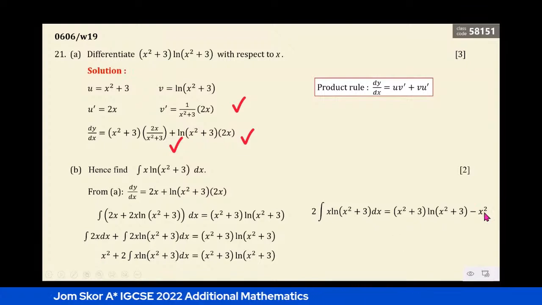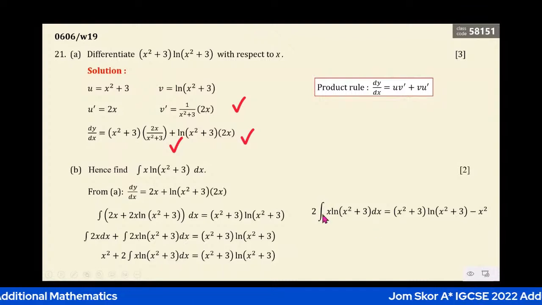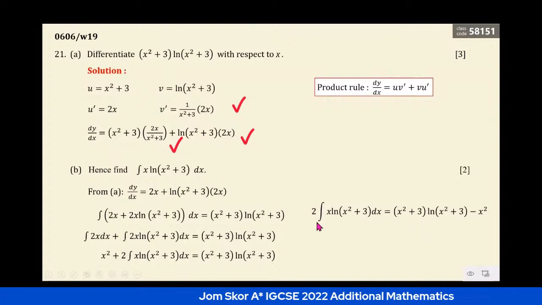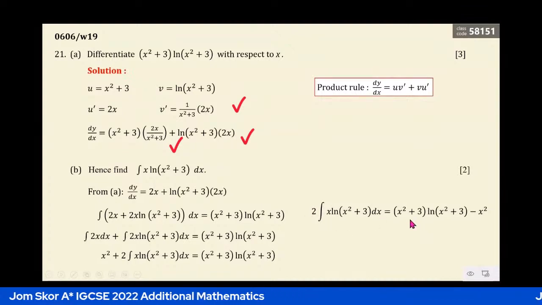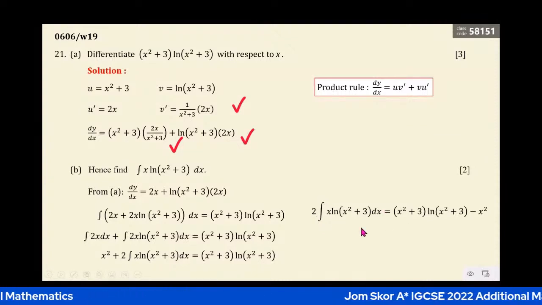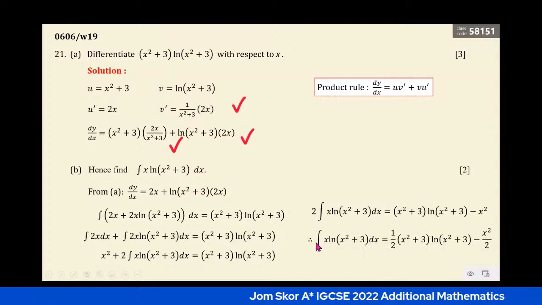So you get negative x square is here. Okay, therefore we still have 2 here. Okay, we don't want these 2. So we divide all the terms left and right, all these equations, we divide everything by 2 on both sides, so you will get integration of